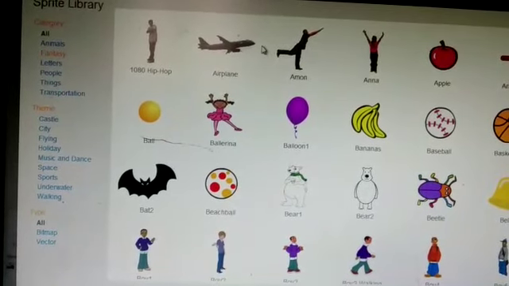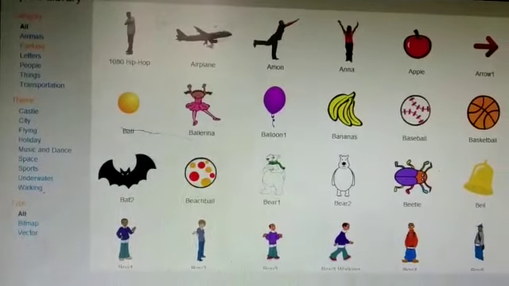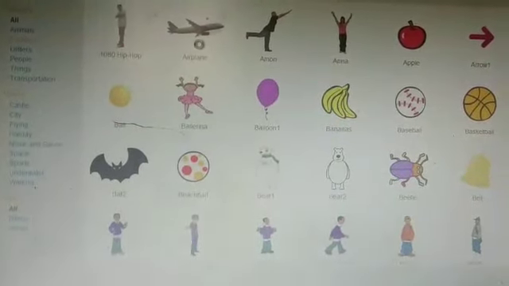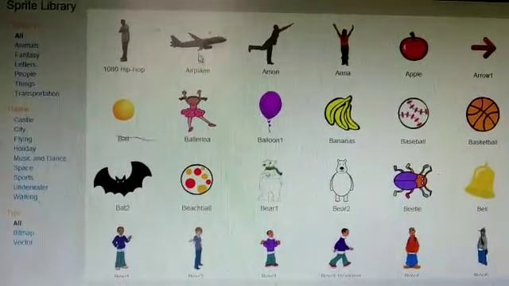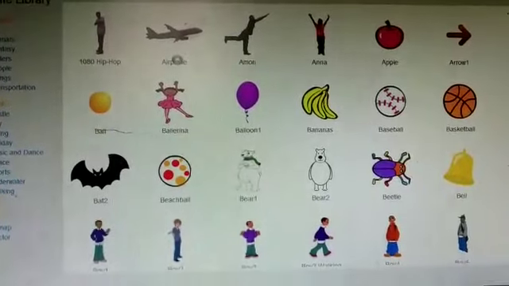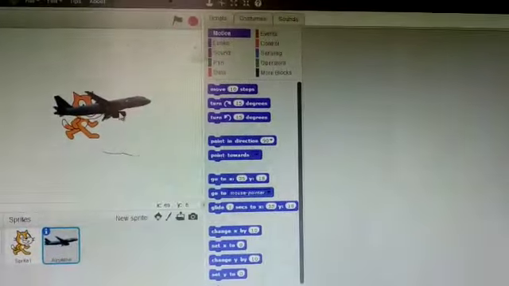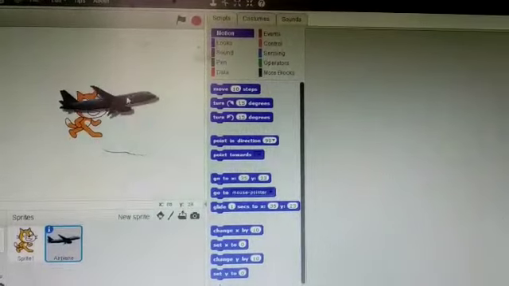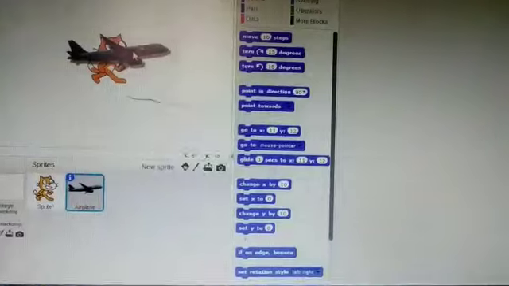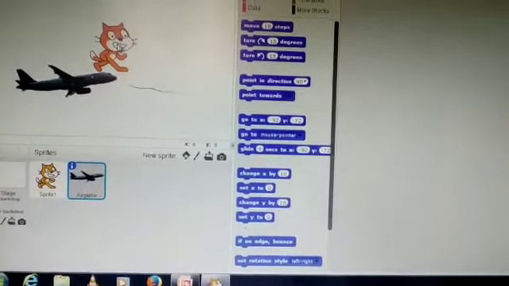Now I am going to choose this aeroplane from this library. Click on this aeroplane, click here, and click on OK. Then you can see this aeroplane will be on our stage. Now we can delete this cat.